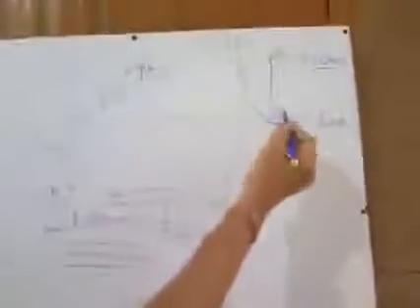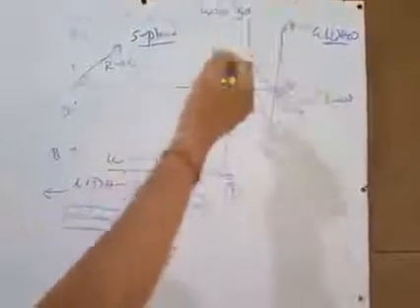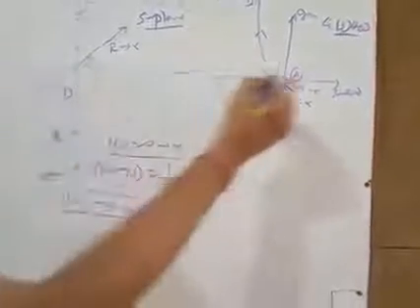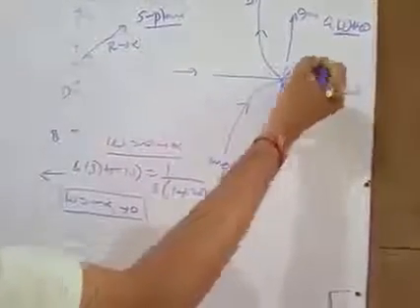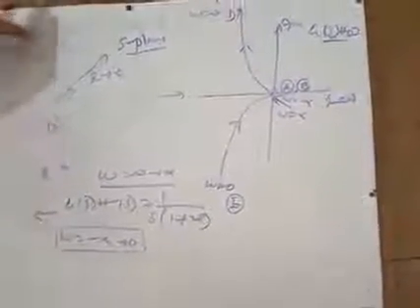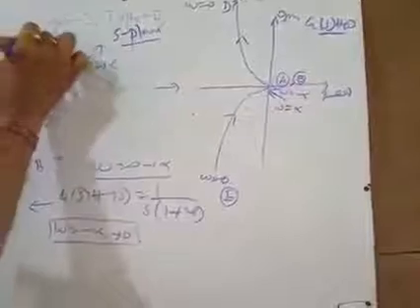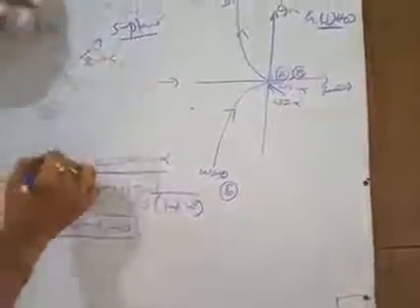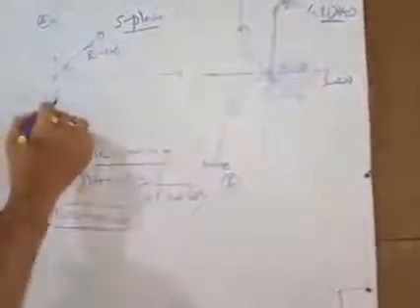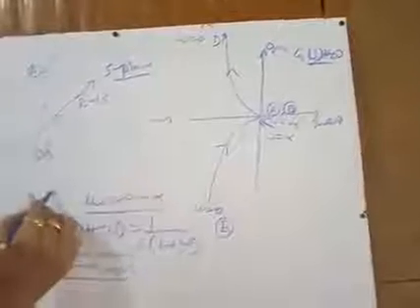You get this point. This part is from omega equal to 0 to omega equal to minus infinity, that means minus infinity to 0. So the minus infinity to 0 part is from B to D. So this part again should be your B. This point is A here. So A and B points are at the same point, and this point is your D. So B to D means minus j infinity to 0.